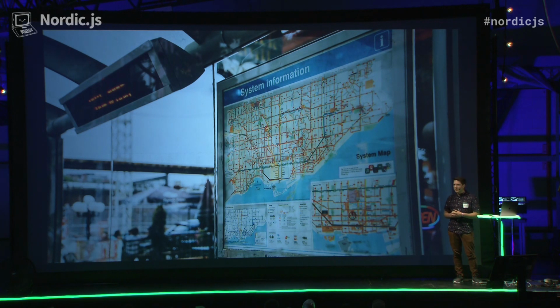So if the system itself is like a road, then I think the documentation for the system is the map. And having the roads built is all well and good, but you need the map to tell you which road to take to get where you want to go. And this is why documentation is so important to us,